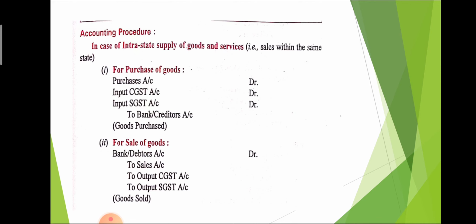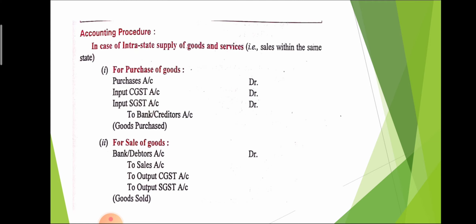Here, the accounting procedure. We know that the purchase account is always debited. So, for purchase of goods, the entry is purchase account debit to bank account or cash account. If the transaction occurred in cash, then we write cash. If a name is given in the question, then we write the name. If cash and name both are given, then we write cash. That we already discussed in chapter number 9. So purchase account debit to bank account or creditors account, that we already know.